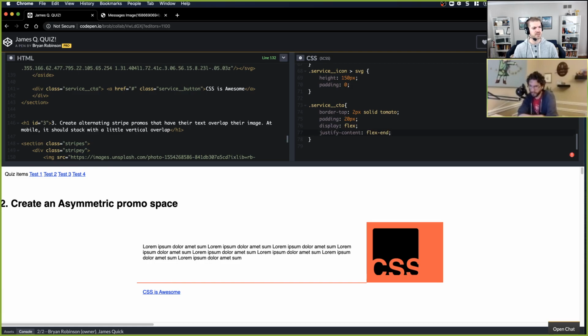So would it not work the same way if you did display grid and then you said justify content? Like if you didn't define your column, wouldn't it by default take up the entire column and then you could say the same thing of justify content to the end? I'd have to look at that, but I think technically the content would then be that entire column, and you'd have to use something else on that.